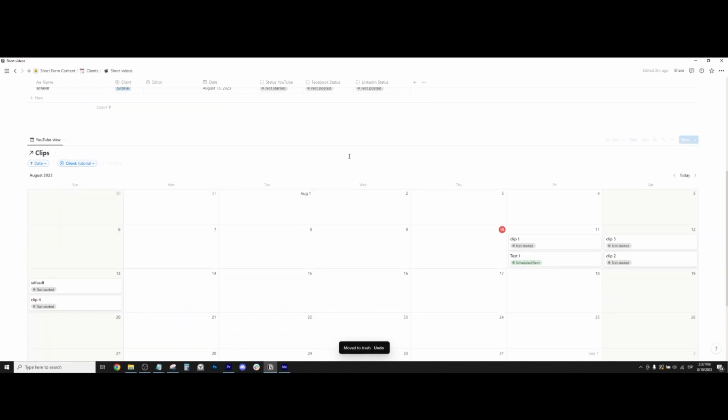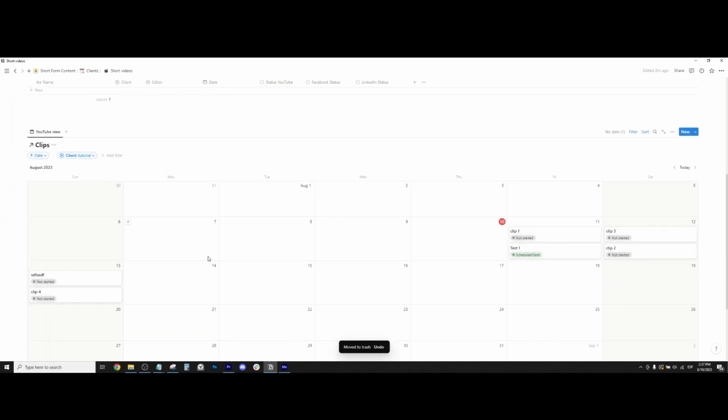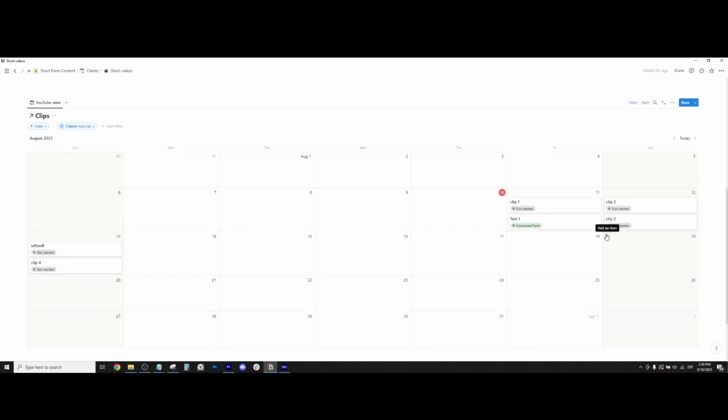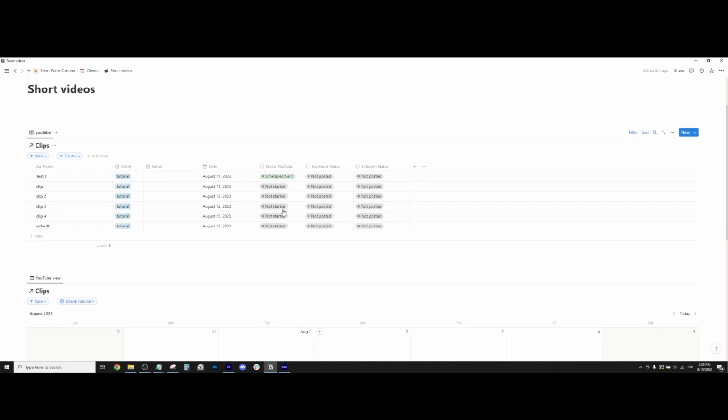You know, it's like, okay, we got these clips, these clips, these clips, and I also show the status here. So obviously, like, you can go here and you can choose which properties are actually shown. I only show the status because I want to be able to look at the calendar and see where I'm at, you know? So I look at the calendar, I see that I have 2 clips for these days, and it's like, oh, but let's say they're all like sent to the editor,